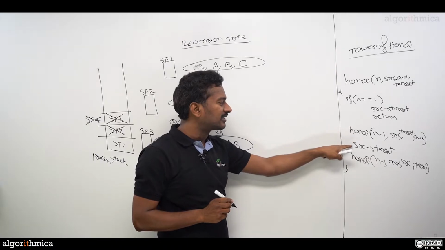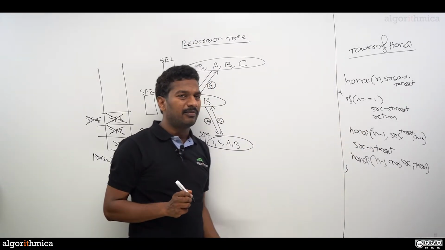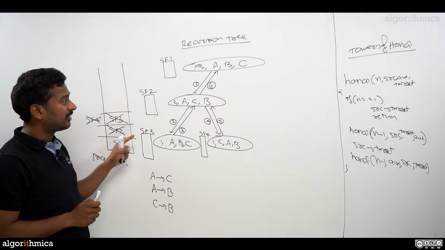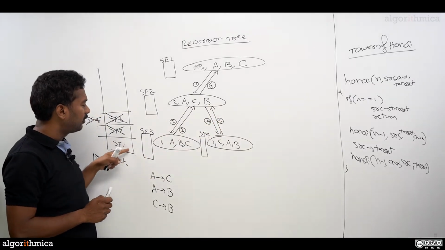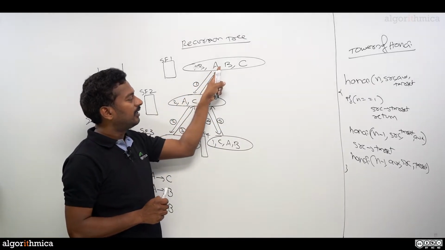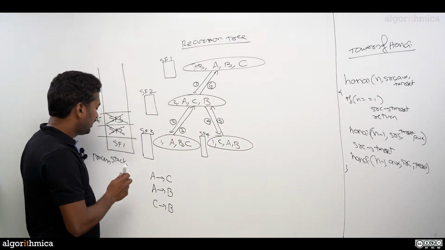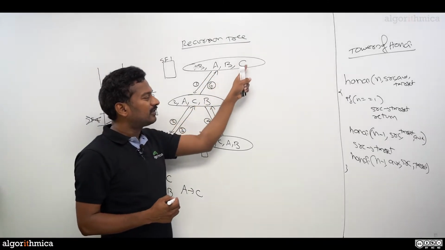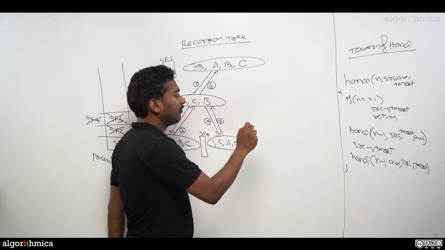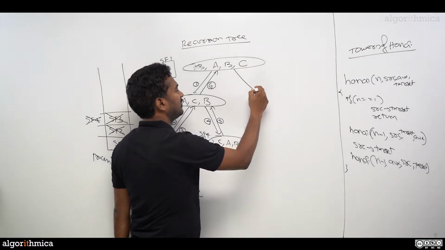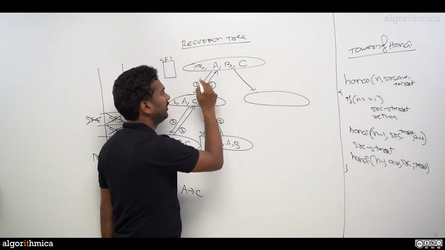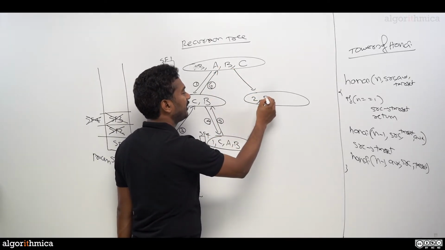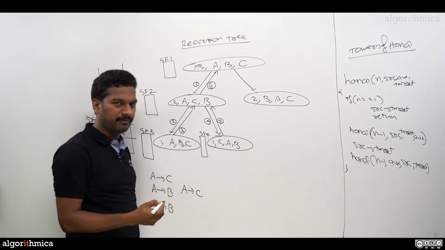Now we are here. So from the left side you are back. That means after this statement we are going here. SRC to target is available here. SRC to target, because my stack frame 1 is on the top of the stack. So when I refer to any variables, they refer to this frame's variables only. So here SRC to target is going to be A to C. Let me display A to C here. That is the next move. Once A to C is displayed, again I'm going to call Hanoi of n minus 1. Now the second recursive call I'm showing as right child here. N minus 1 is going to be 2. ARGS and SRC, these two get interchanged. B, A, C is our target here.